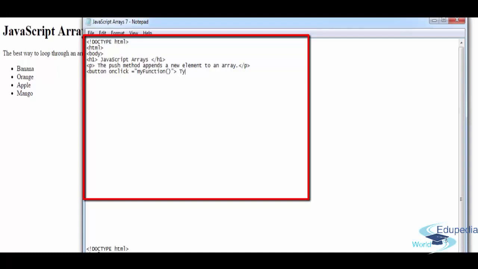Close the tag and say try it. Close the button tag. Okay, open up the paragraph tag and say id is equal to demo, and close the paragraph tag and open the script tag and say var fruits is equal to